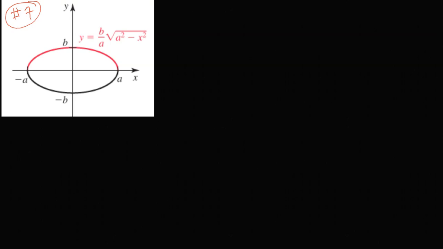And the question is asking you to find the area of an ellipse, meaning an oval thing. And that's the equation of that ellipse, the top part. And then the bottom part would be the negative of it, right? So now the area of an ellipse, if you can see that there's symmetry and there are 4 parts that are exactly the same. So that the area, we would say, will just equal to 4 multiplied by the integral